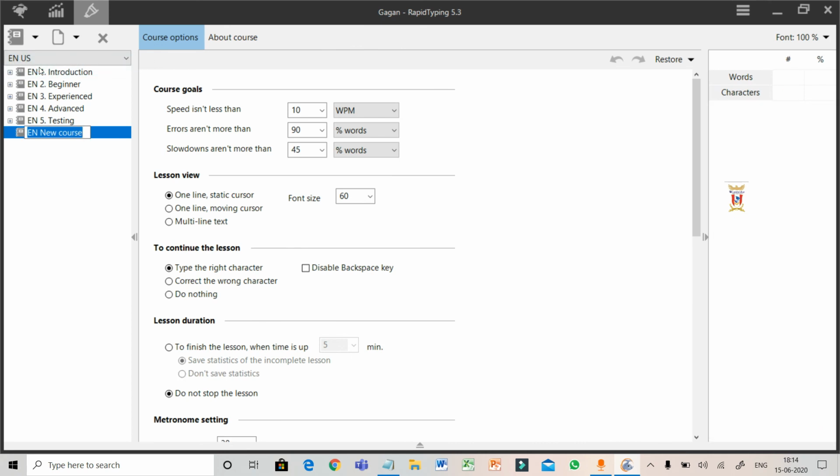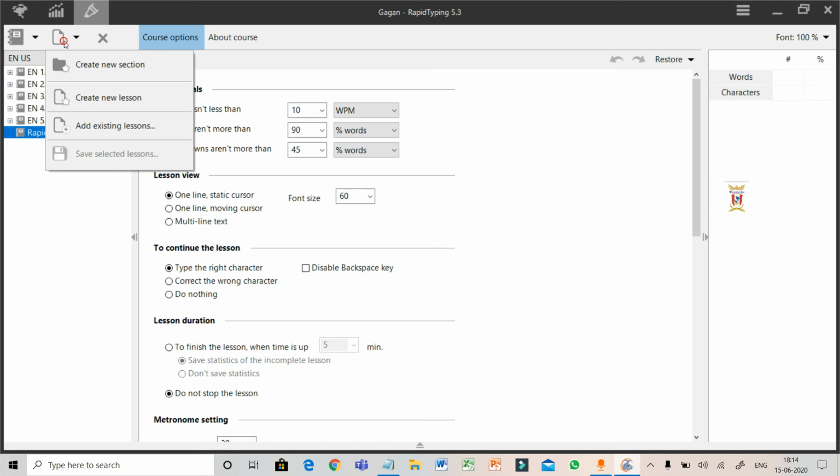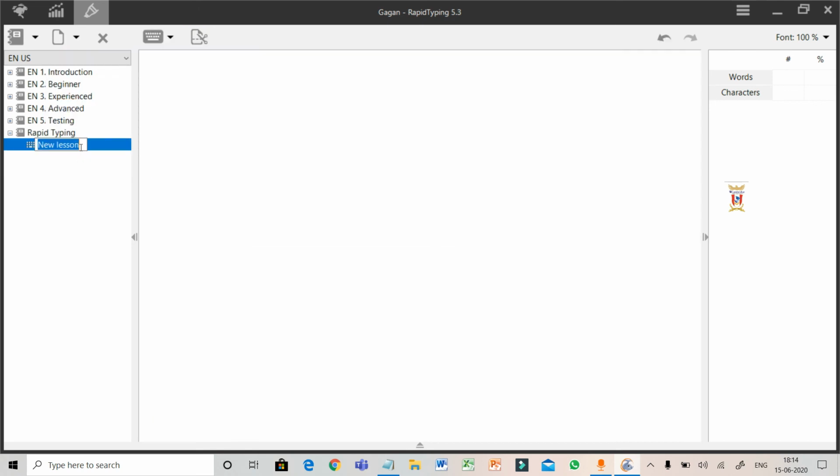I will create a new course. I will give it a name. Afterwards, from here you can create a new section or new lesson. I will create a new lesson in rapid typing and I will give it the name lesson 1, and this is the window in which you are going to type your lesson. So you can type single words, you can type characters, you can type full lines. Likewise, I will type here lesson editor